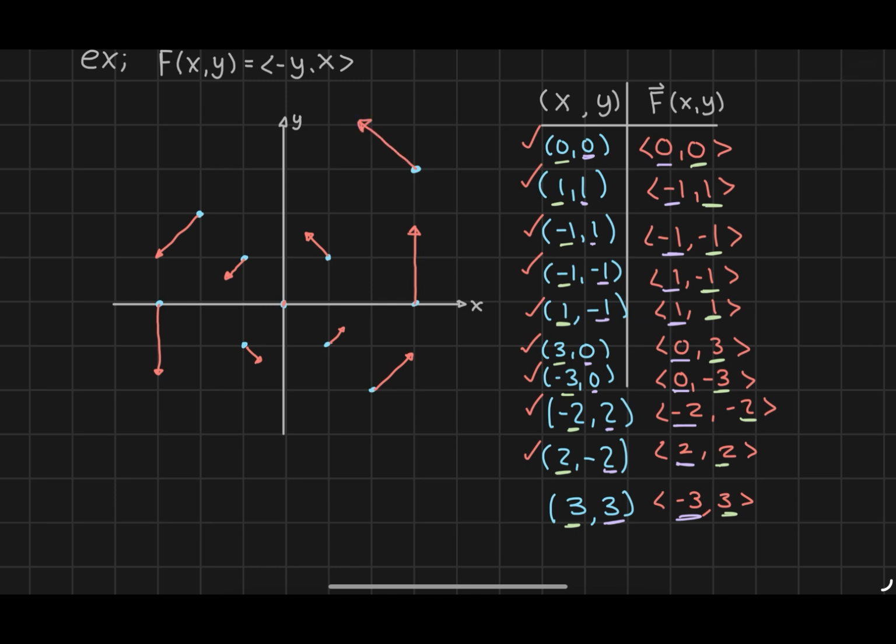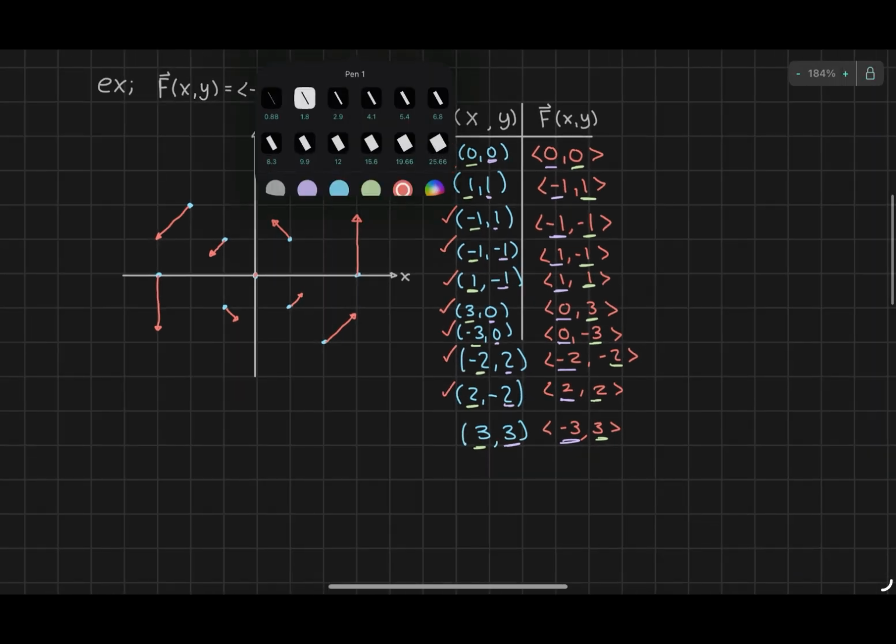Okay. So, it looks like we can model this. It looks like it's just going to be rotating counterclockwise here. And I guess maybe we'll be able to notice some trends. If it's in the first quadrant or the fourth quadrant, it looks like our y is going to be pointing up because it's the positive x. So if x is greater than 0, then our vector is going to be pointing upward, and inversely like that. So I guess we can make a